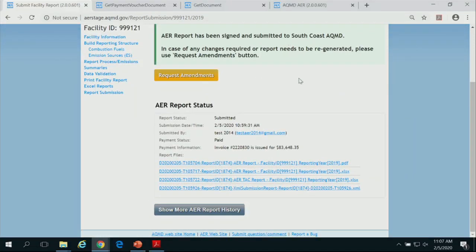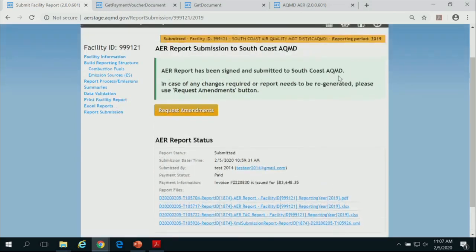And now I get to the last new feature. If you would like to amend the report: you submitted the report, payment is paid, everything is done. Now you realize that you need to make a change to the report you submitted. Exactly. In the past, what you needed to do, you had to mark up a form and send it in via mail. Now you don't have to. You can go to the tool. That option is not available anymore. You need to use this.